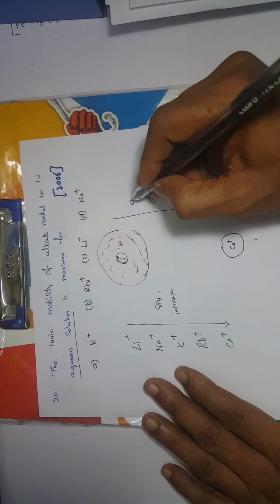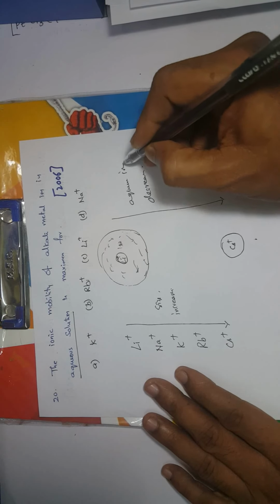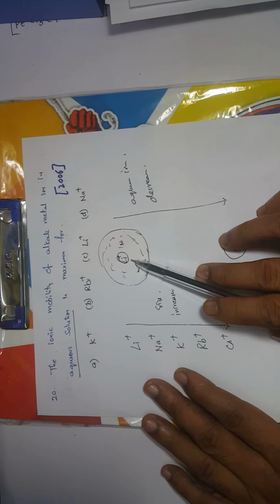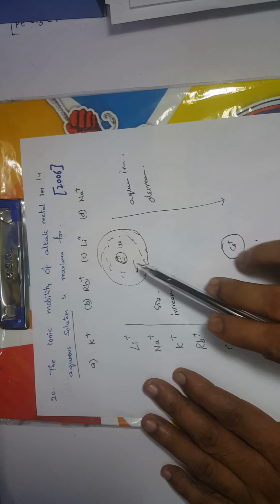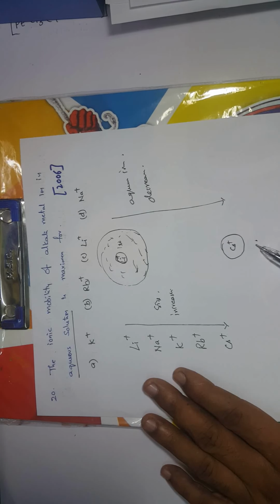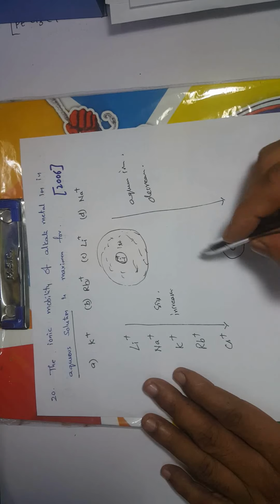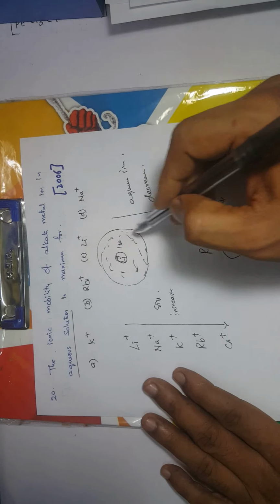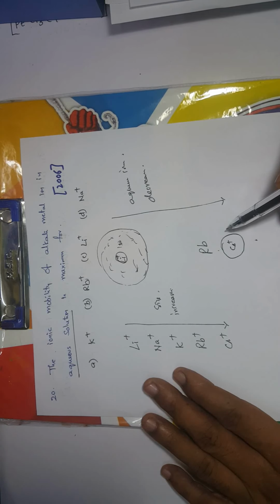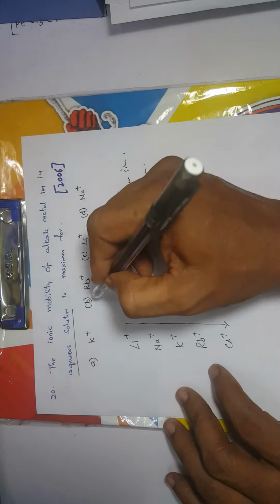In the case of aqueous ions, that is important: lithium is heavily hydrated, so its size is bigger. Cesium is not much hydrated. Compared as hydrated ions, the size order is opposite. So which one can easily move? Mobile means the smaller one. In water, cesium is the smaller one. Then rubidium is the next one, since they haven't given cesium. So from lithium to rubidium in the hydrated ion case, rubidium is the